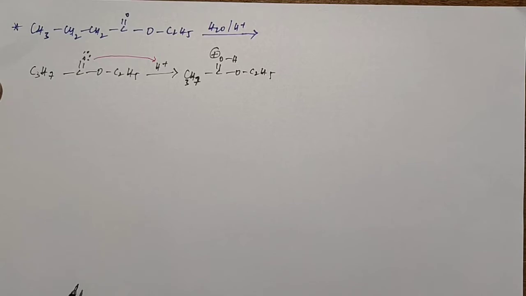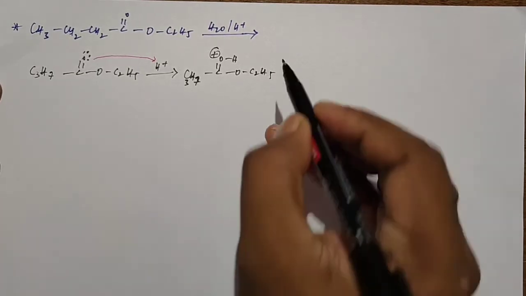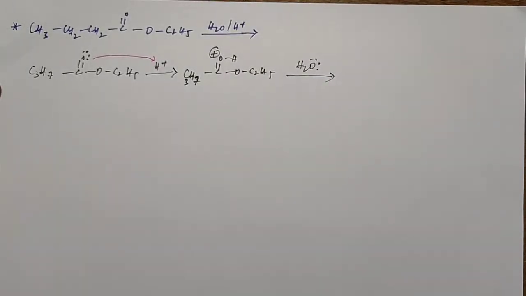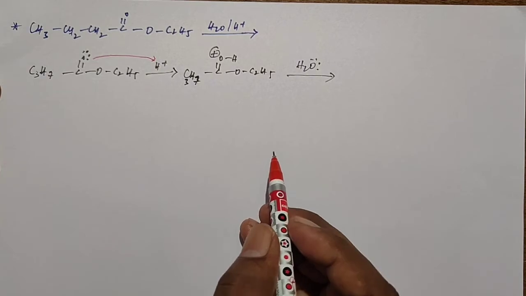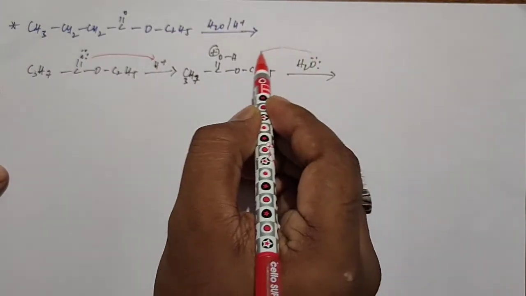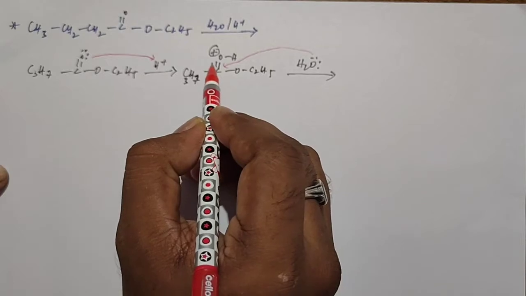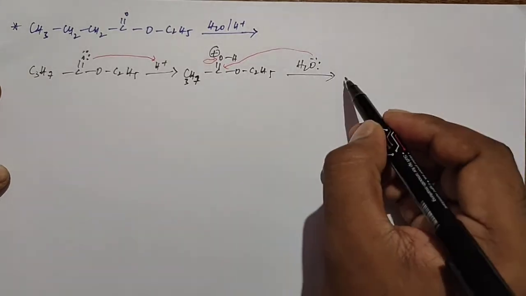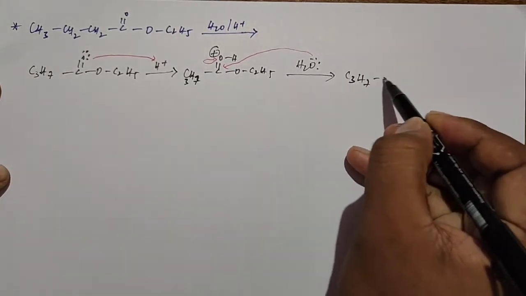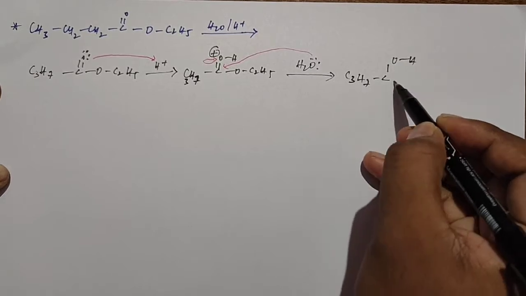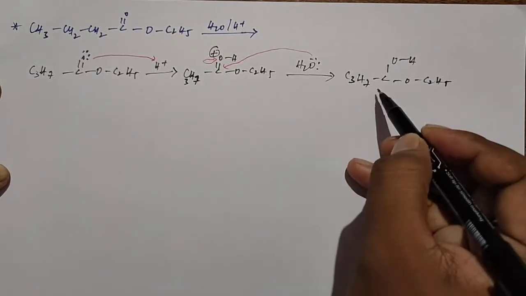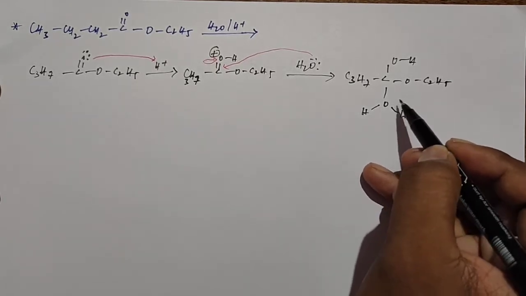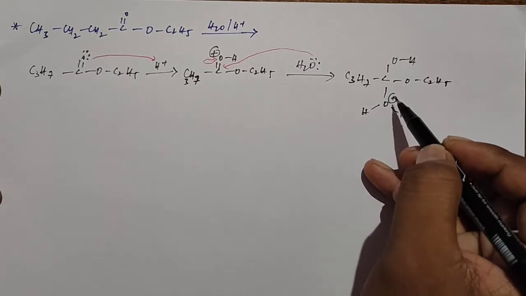After that, it reacts with the water molecule. In the water molecule, the oxygen atom has two lone pair electrons. One lone pair electron can be shared towards this carbon. At that time, these pi electrons are shifting towards the oxygen. Then we get the product like C3H7 C OH O C2H5, and the water molecule will be attached here. Here the oxygen shares the electrons, so the oxygen gains the positive charge.